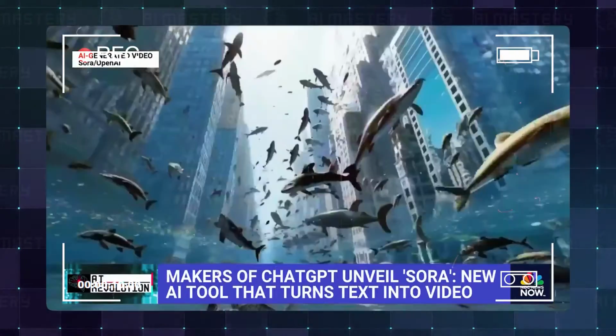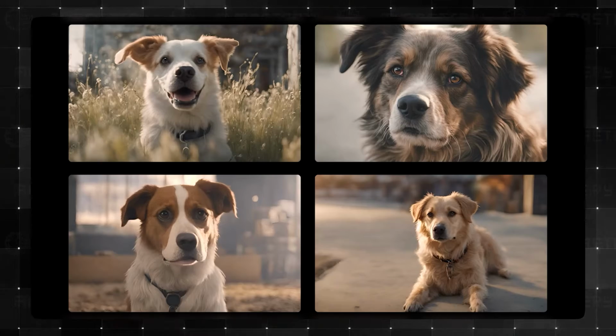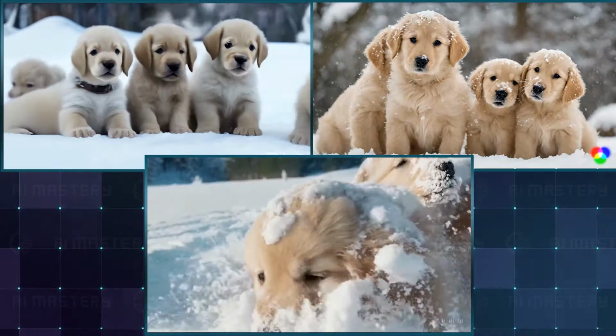Have you heard of the groundbreaking shift that is sending shockwaves through the AI video generator industry? It's all about SORA. This isn't just another tech buzz, it's a paradigm shift that will redefine an entire industry. I've also conducted a comparative analysis with the leading companies in the industry, so get ready for an in-depth look